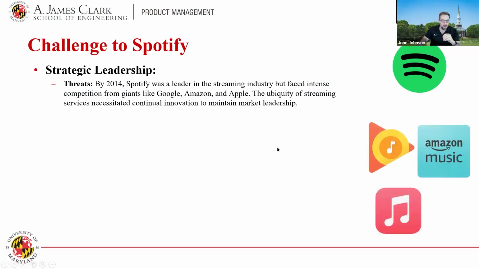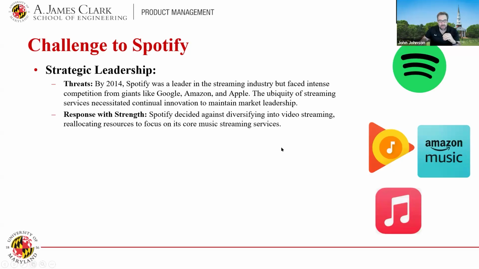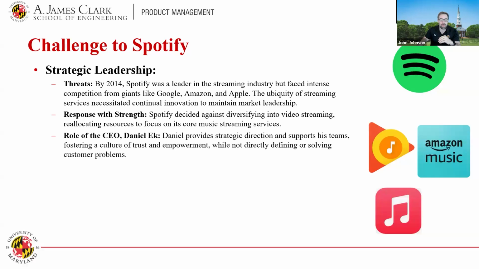Now, with all of these competitors on the rise, Spotify originally had as its plan to try and diversify into video streaming as a streaming service, but they decided to reallocate their resources and focus on streaming services for their music and to make them more appreciative. So the CEO, Daniel Ek, provided the strategic direction to emphasize the solving of problems for some key segments